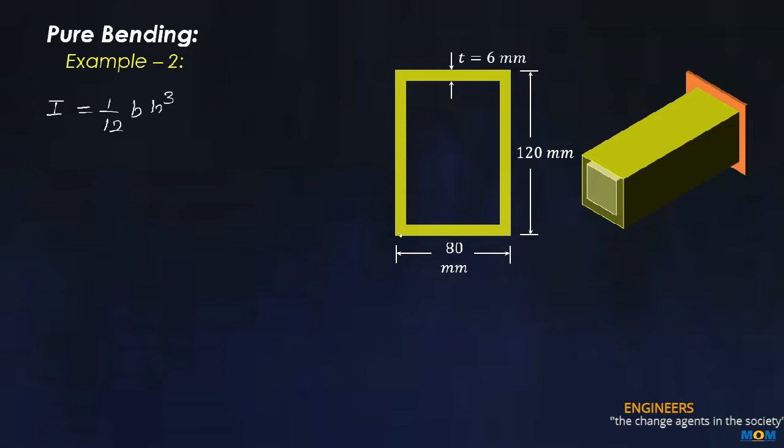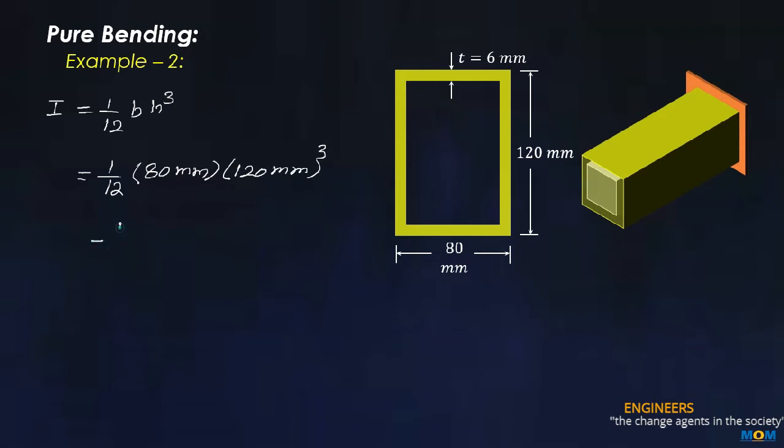Now in this case, since it is a tube, we have to use the outer dimensions and then subtract the inner dimensions, that is the hollow, so that we calculate the moment of inertia for the tube only. So 1 over 12, now b, that is width 80 millimeter, multiply with the height, that is 120 millimeter cube,